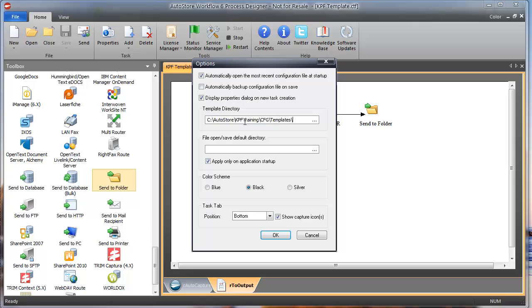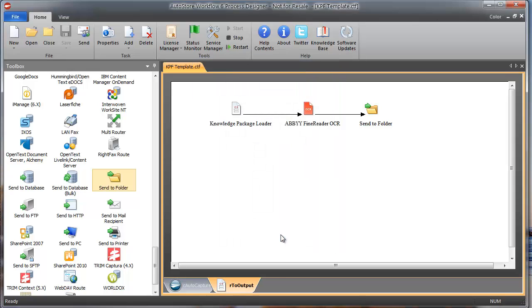So I tell it where my template directory is. And once I do that, when I click this down arrow, it'll show me all my templates in that folder. So I could have templates for maybe connecting into SharePoint or Documentum or OnBase or whatever. And when I click on this, the entire config that's part of that template will get reinserted into this configuration